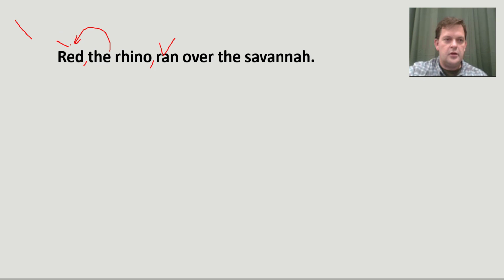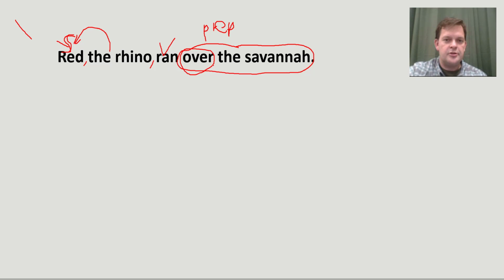Well, what ran? Red. So red is your subject, right? Red is your subject. Now, anyways, red is your subject. Red ran, and then you have over the savannah. Well, that can be really confusing if you look at it initially, but what you should know is that over is a preposition, right? It's a preposition, and if it is a preposition, then we want to look, and ask,